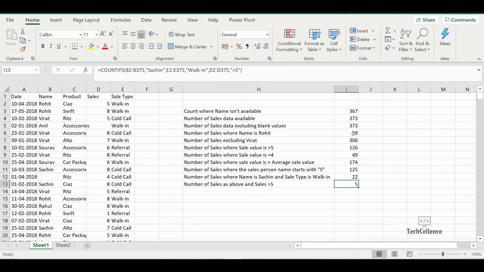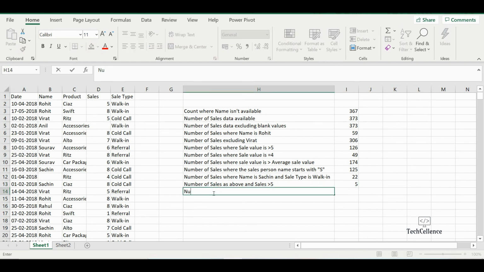So the only thing which we missed to see is Countblank. So let's say we want the number of blank values in name. So let's do a Countblank,